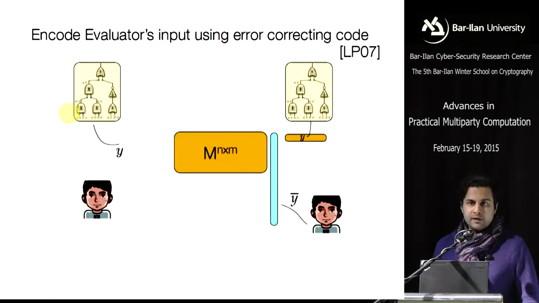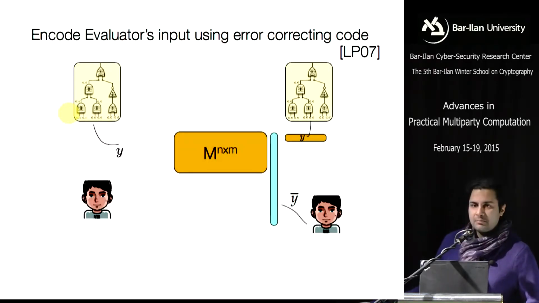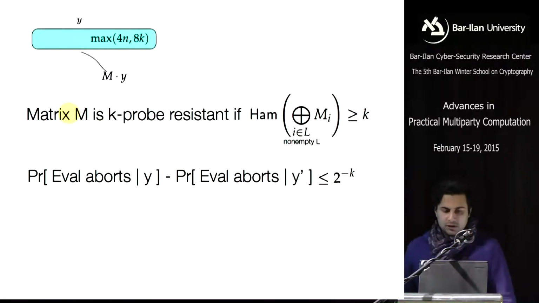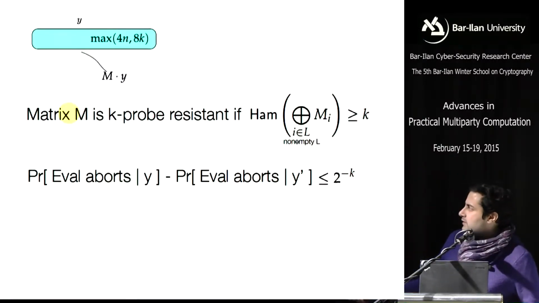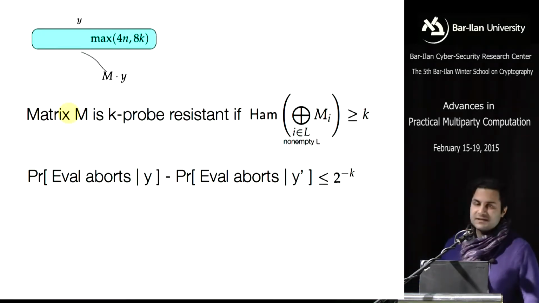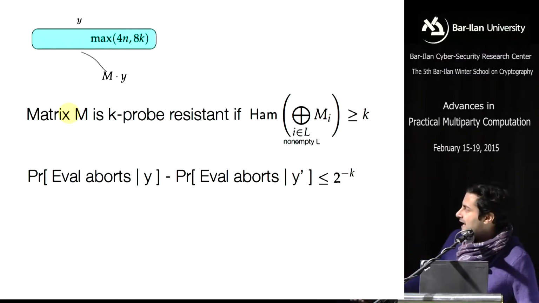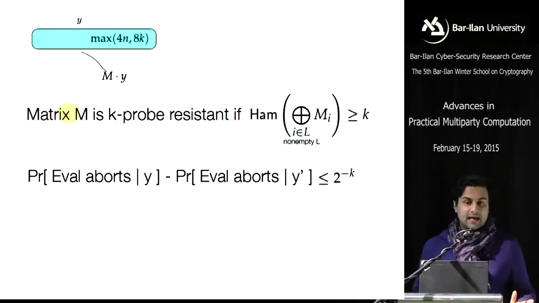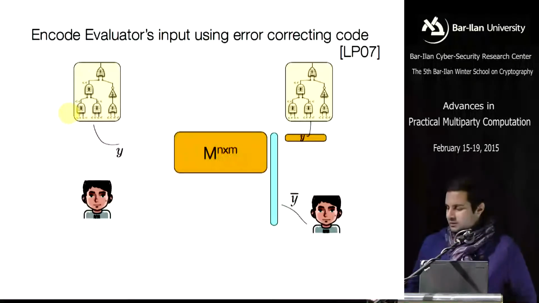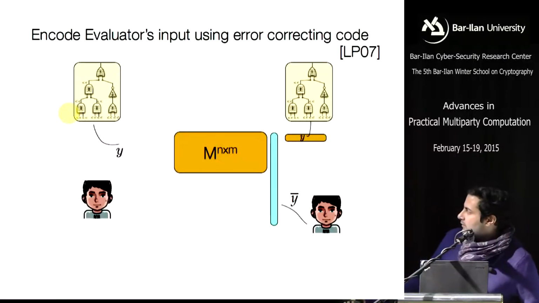Okay? And now we're going to talk about the special property of M that's necessary for our security analysis to work. So what we're going to do, we're going to say M is going to be a matrix that satisfies this property. It's K-probe resistant. So what that means is that if you take the Hamming weight of any subset of columns of M, any non-empty subset of columns, then the Hamming weight is going to be larger than K. Okay? So essentially,